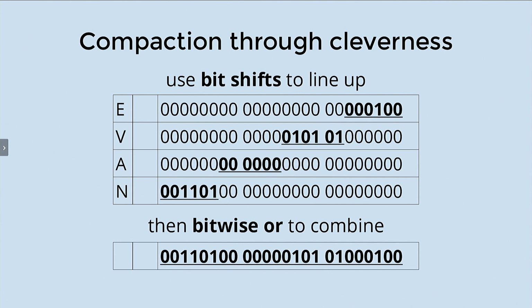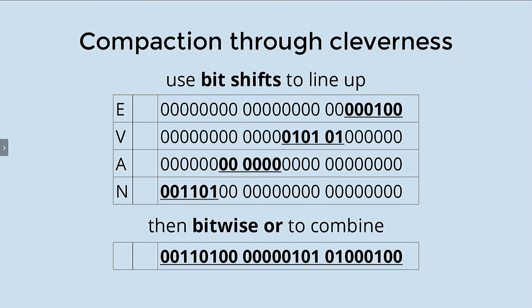And this is where bit shifts and bitwise operators come in. Here, what we want to do is shift them in such a way that the patterns don't overlap in the columns anymore. So the first one we leave alone. The second one we shift to the left by 6, which is sort of equivalent to pushing in zeros from